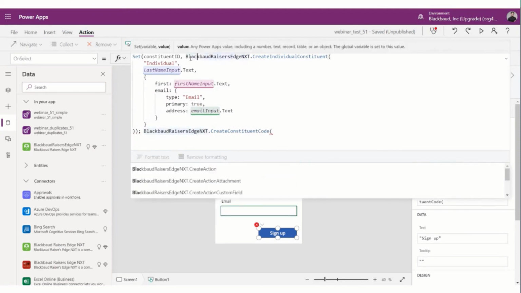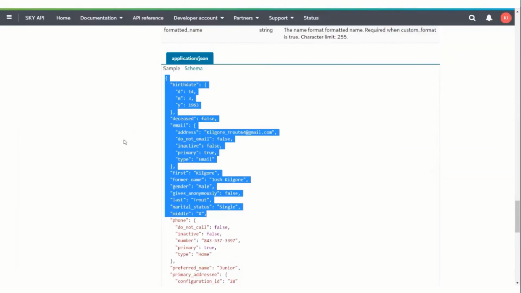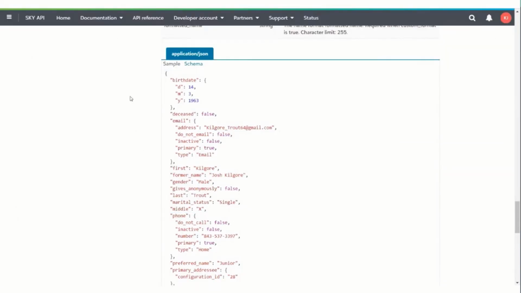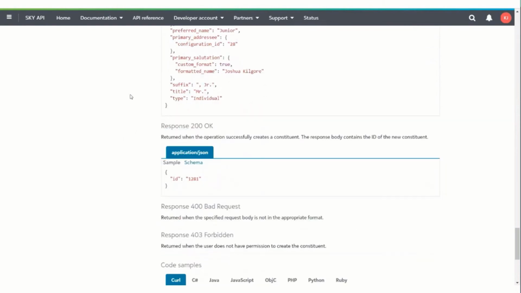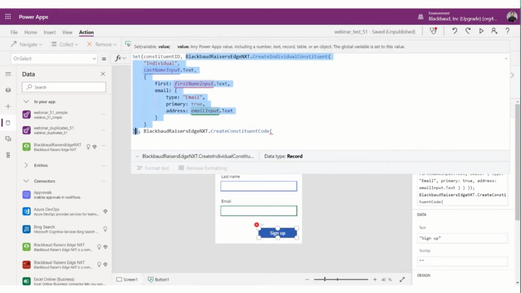And what it's saying is, and I know this because you just have to be very familiar with how the API works, whenever you create a constituent successfully, it'll send you back and say, hey, here's the ID of the person you just created. So when this creating a new constituent completes, it's going to send me back a value.